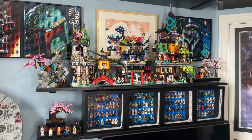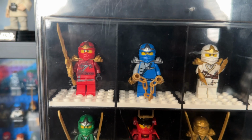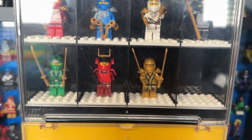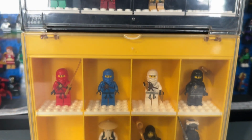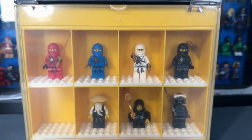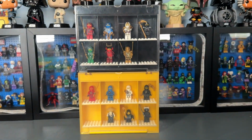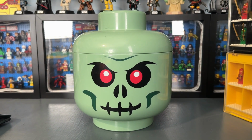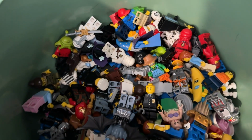And then now moving on to some of the stuff that I don't display, we've got some of my LEGO Ninjago characters from back in the day. We've got all of the ZX versions from Rise of the Snakes, as well as Samurai X and the Golden Ninja, and then we have the original Golden Weapons versions of the LEGO Ninjago minifigures, as well as Sensei Wu, Garmadon, and Lord Garmadon. And then inside of the skeleton head, we've got a ton of minifigures inside of here,